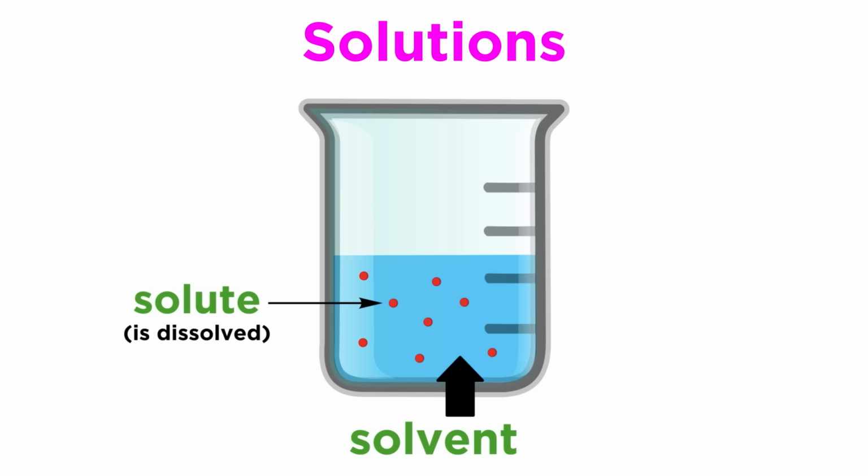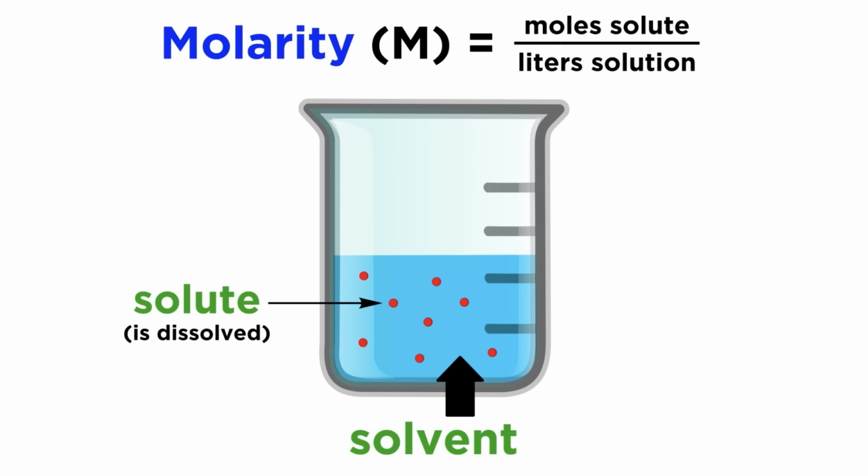Now that we know what a solution is, we need to be able to describe concentration so that we know how much of something is found in solution. The way we will do that is by using molarity, which is symbolized by a capital M. This refers to the moles of a particular solute that are present per liter of solution. We should be able to calculate the molarity of any substance given the moles of that substance and the total